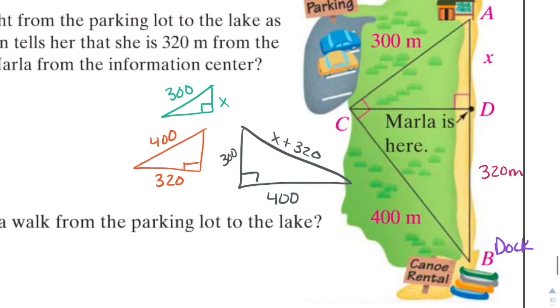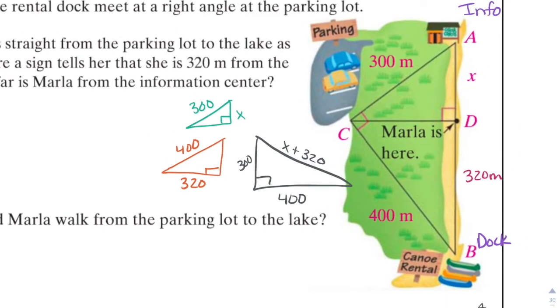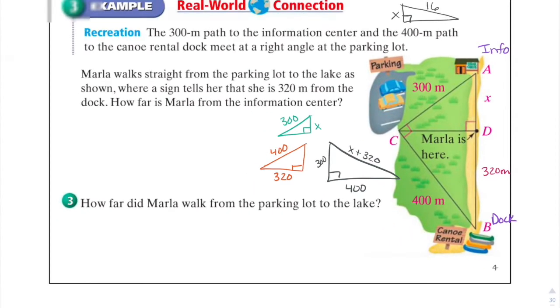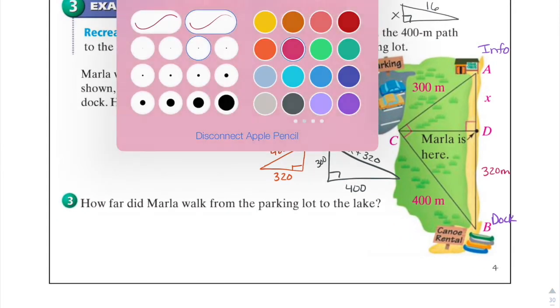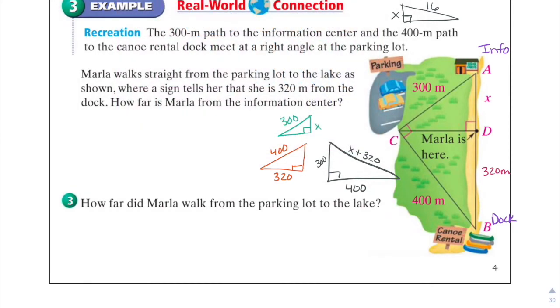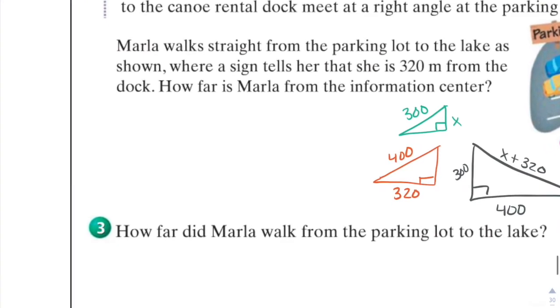It's both x and 320. And that's triangle ACB, the outer one. So what I'm going to do is set up an equation here and solve for the missing side AD. So I'm going to say that x is to 300